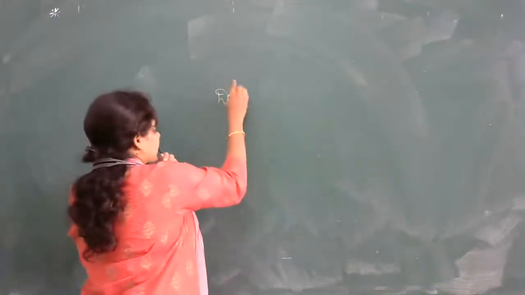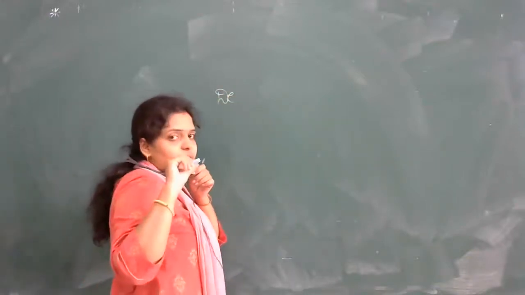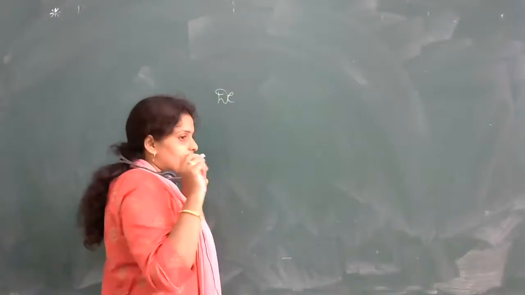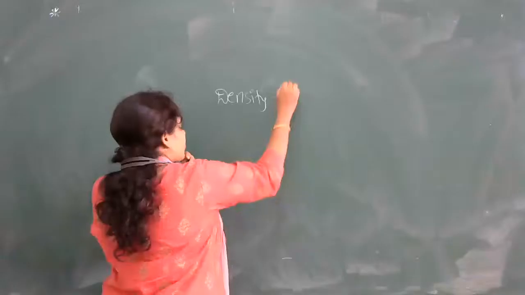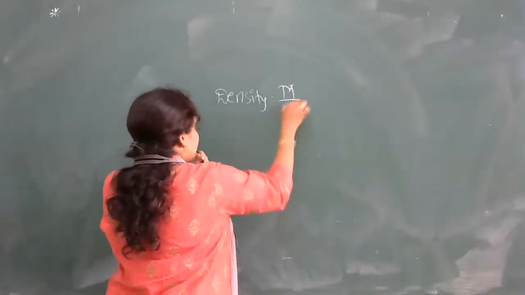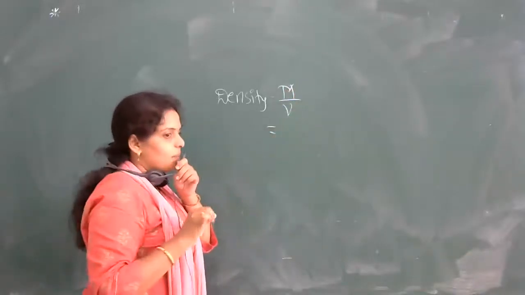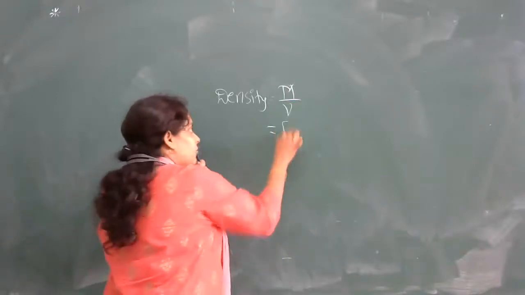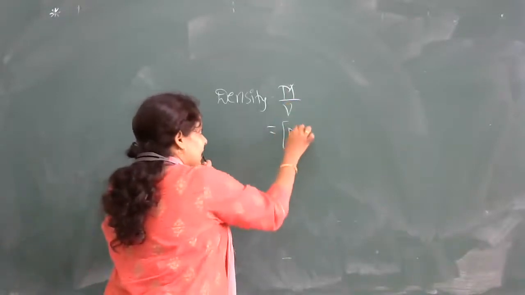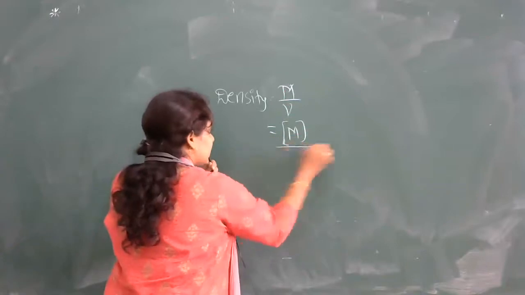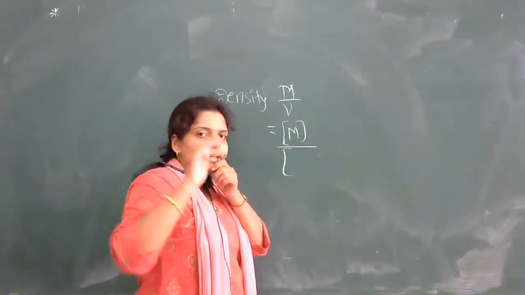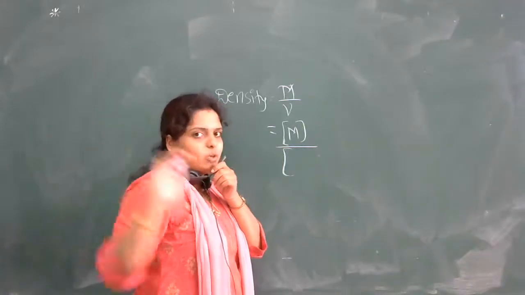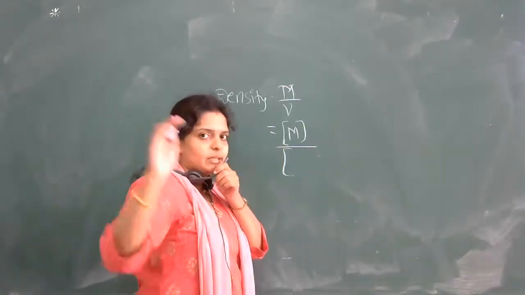So one I'll take density only for your understanding. Yesterday in the doubt session also we have seen one more quantity called stress. So density is equal to what? It is mass per unit volume. Therefore I can write it as M divided by volume. Volume is nothing but length into breadth into height.